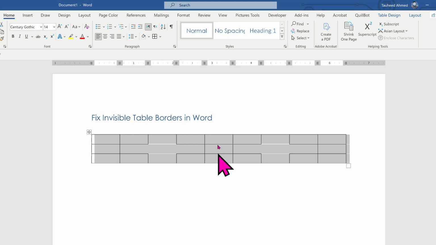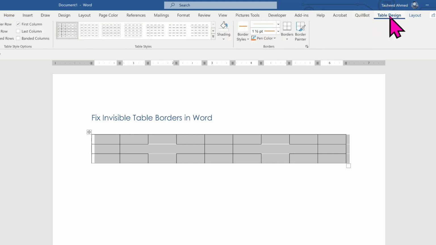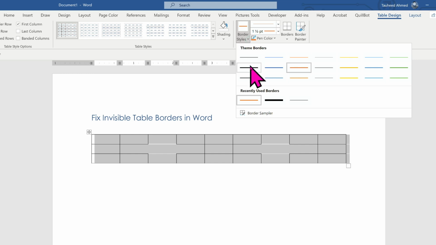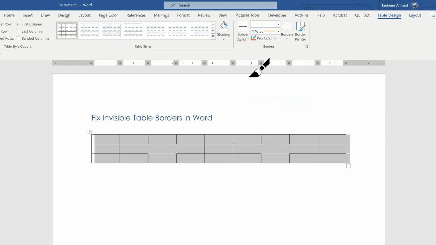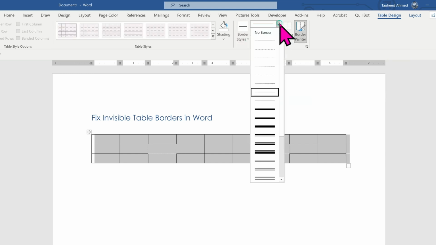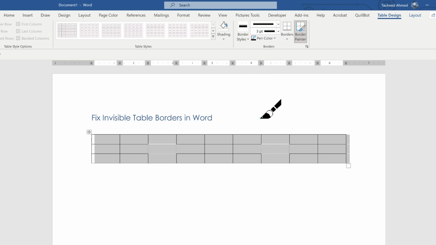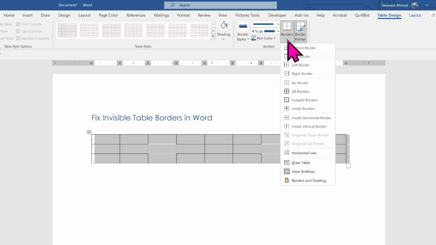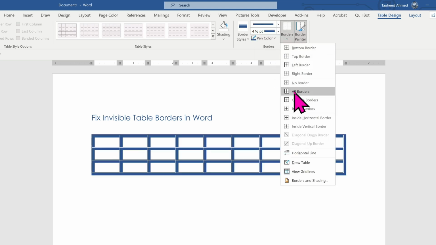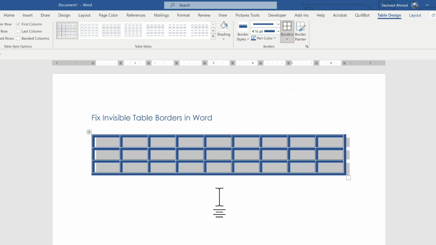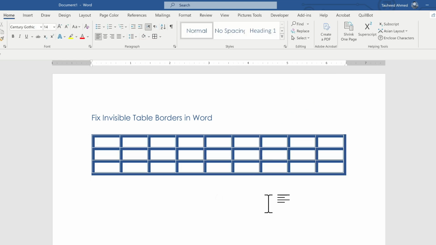If that doesn't help you, then go to Table Design and select the Border Styles. Choose this style and increase the point size, use the Pen Color, select the border, and click on All Borders, and here all the invisible borders are